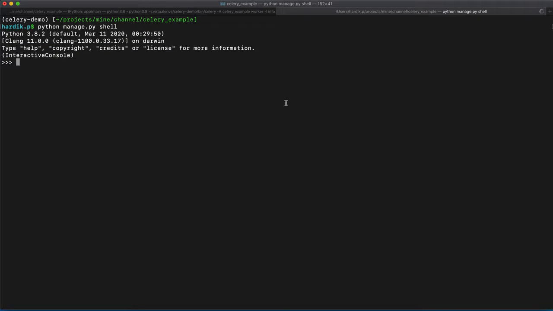Okay, so we added one app called notifications, then we added one tasks file, then we imported some function, and we tried to call this function synchronously as well as asynchronously, right?